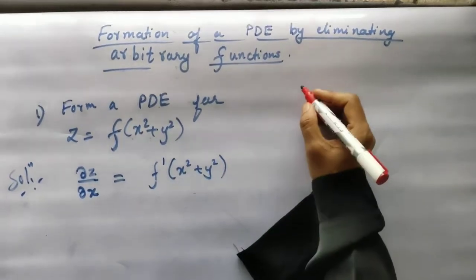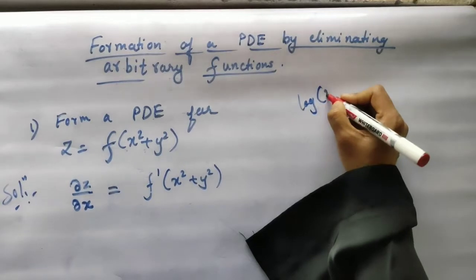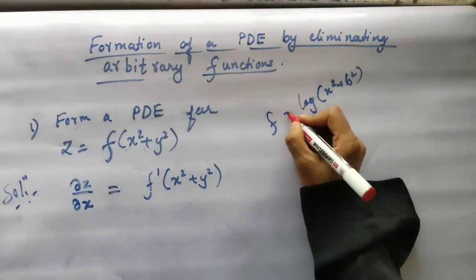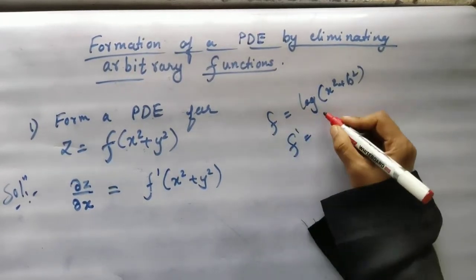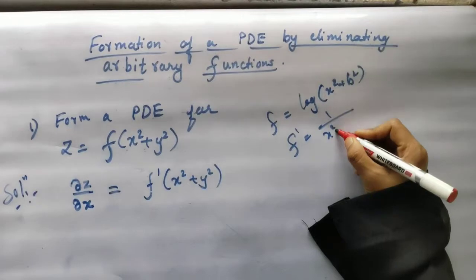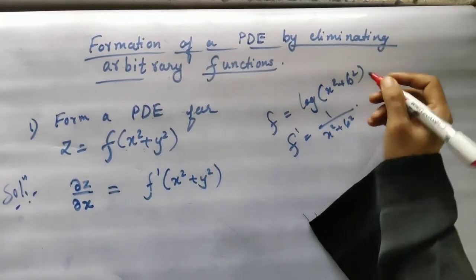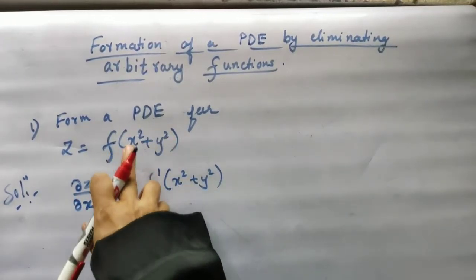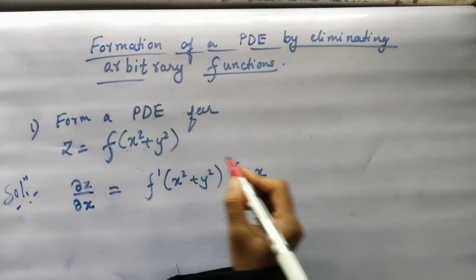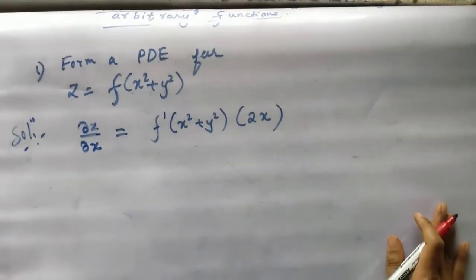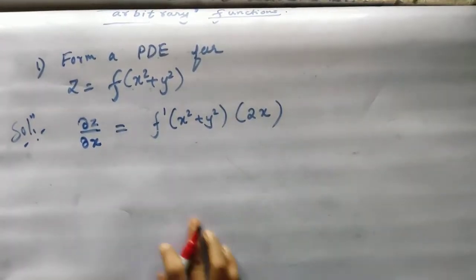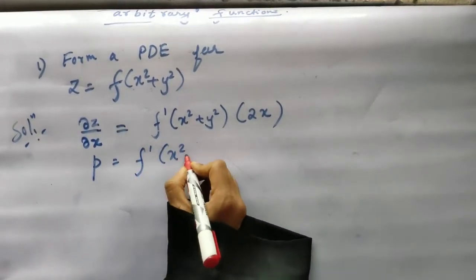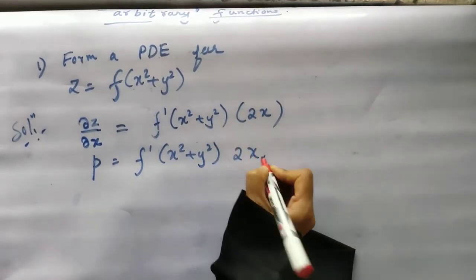First, you write it like how you write the derivative for log x. Log of some root, this is there. A function is there for you, say f is equal to this. How do you take f dash then? f dash will be 1 divided by this, the derivative of log, no? So 1 divided by this into the derivative of the bracket you do. In the same way, the derivative of this f I am writing as f dash into the derivative of the bracket. So it will be 2 into x plus the derivative of y square with respect to x, which will be 0. Now you can write dou z by dou x as p. So p is equal to f dash of x square plus y square into 2x.